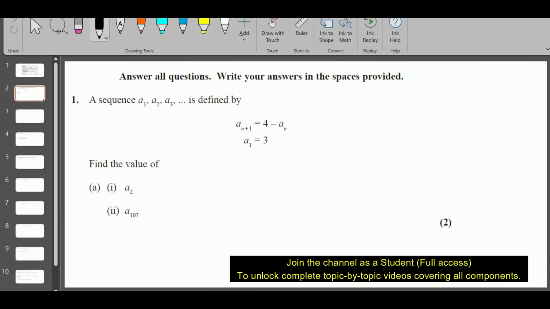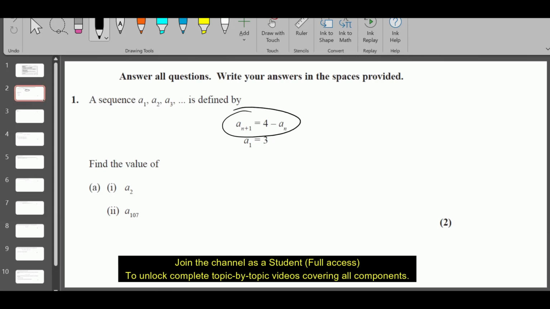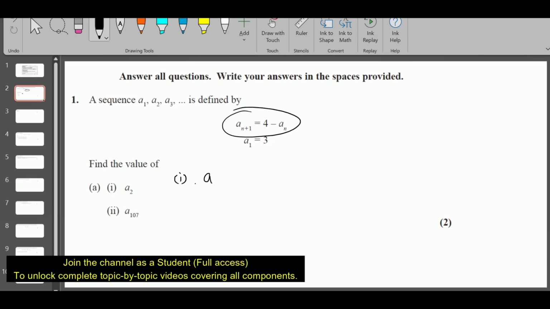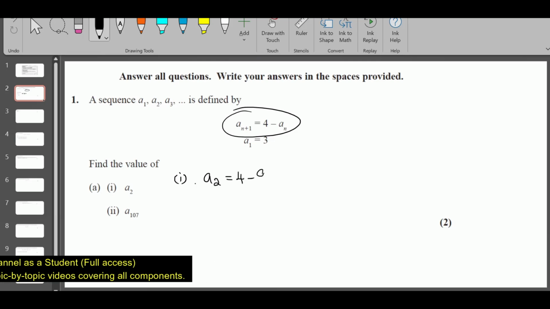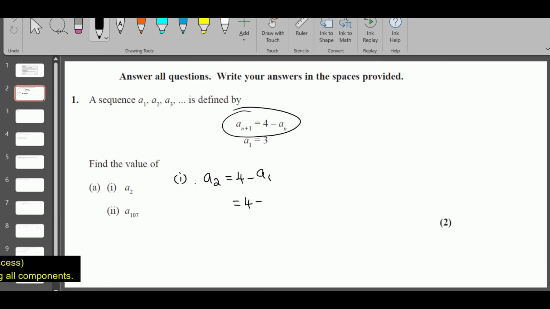So let's write the iterative formula for A2. A2 is 4 minus A1. So 4 minus 3 is 1. A2 is 1. And then suddenly they are asking for a